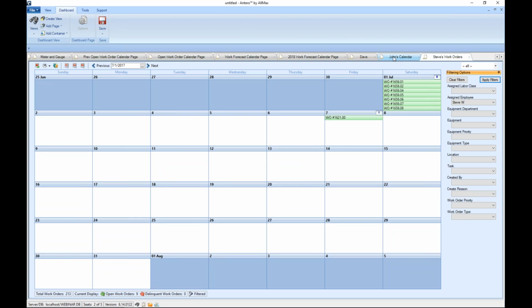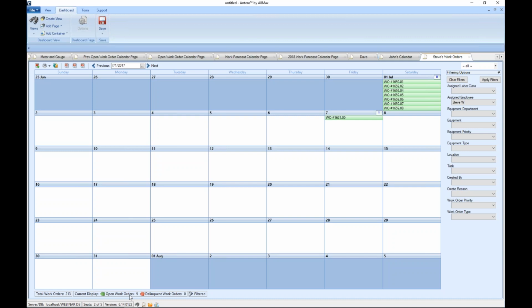Okay. So the nice thing is, if you create this for your own overview, you can immediately tab and see what each of your employees has scheduled in their open work order calendar. And you can also keep status of the progress, as the work orders get closed, they'll disappear from the calendar. You'll also see that it will show you down here at the bottom some nice data,